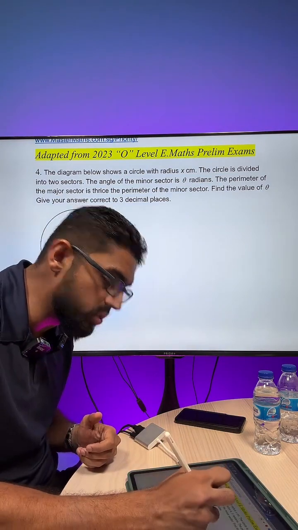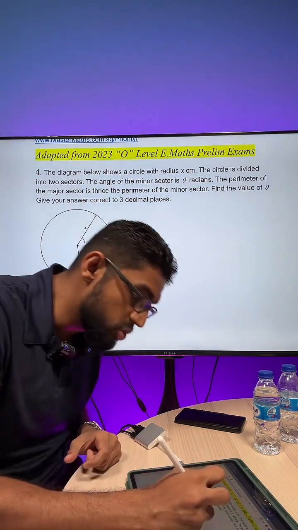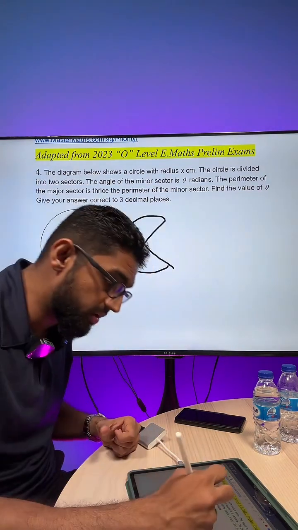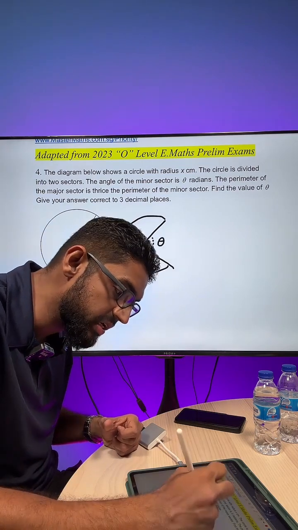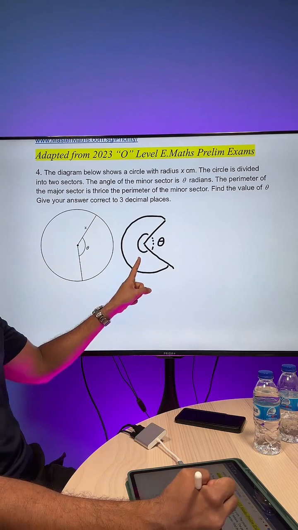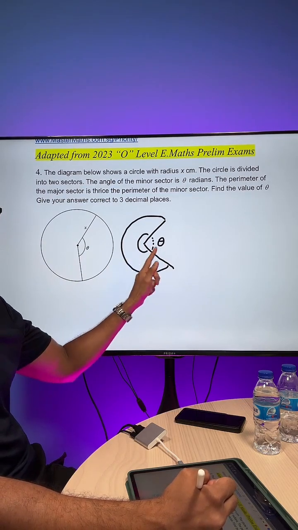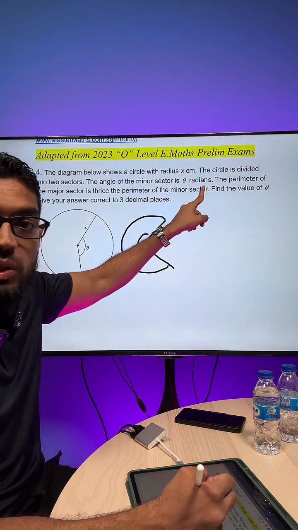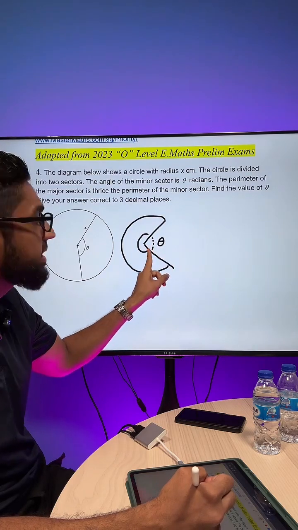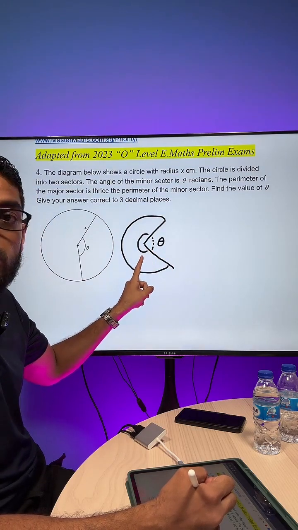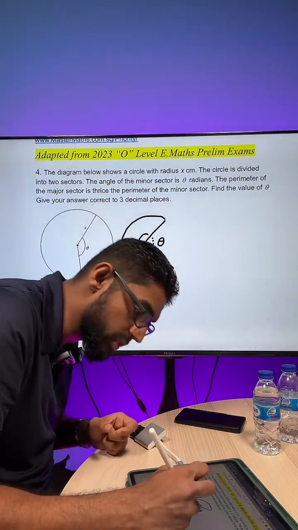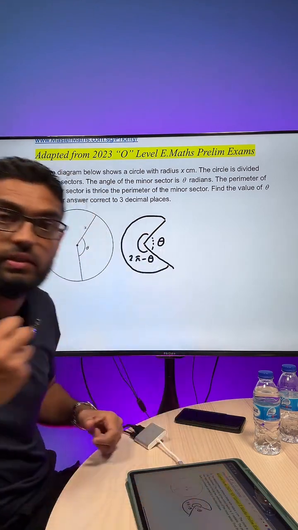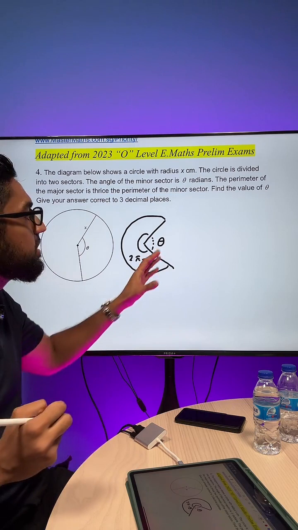Now, in order to do this well, it's good if you guys can redraw your sectors. So we're going to draw a sector here. This is the major sector. Bear in mind, the minor angle was given to us as theta, which means the reflex angle on this side is not theta, it's 360 minus theta. But since you are working with radians, ensure that this is not 360 minus theta here, guys. This one here should be 2 pi minus theta. Okay, let's put that in here. Very nice. So that is the major sector.